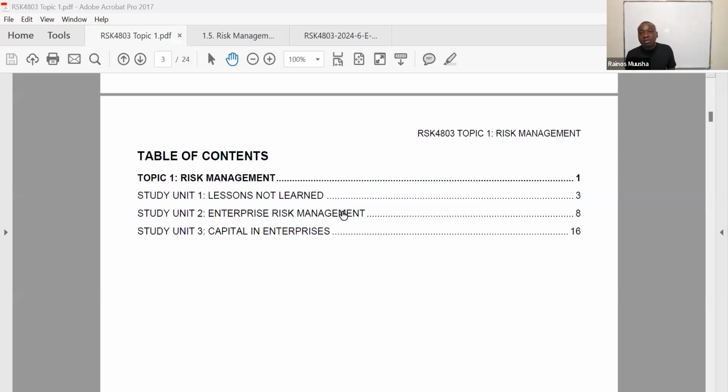Why are we so concerned about that? We are going to learn why when we go through study unit 1. Because you will see that when we go through study unit 1, we are saying the main function of a risk manager is basically to identify the risk. Now, after they identify the risk, they quantify the risk, and then they analyze the risk and then present the risk to the board and top management.